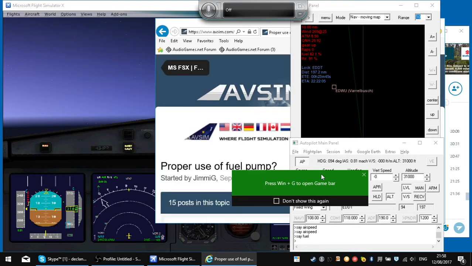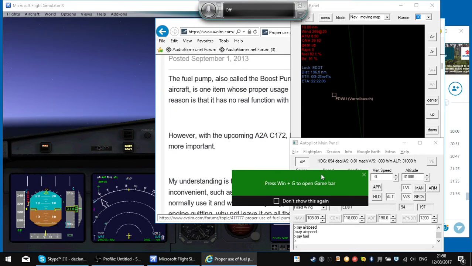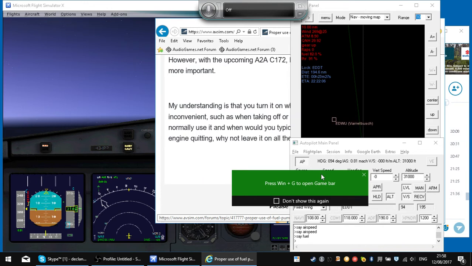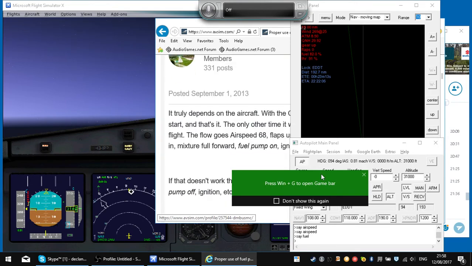MSFSX down. Main landmark proper use of fuel pump started by heading level list with 3 the fuel pump comma also called the list with 3 item out of list visited link 417 link posted September 1st the fuel pump comma also called the boost pump or emergency fuel pump in some aircraft comma is one item whose proper usage I take me completely ignored over the years dot main reason is that it has no real function with FSX aircraft dot it takes just a dummy switch dot however comma with the upcoming A2AZ 172 comma I think using it properly is going to become more important dot my understanding is that you turn it on when an engine failure would be particularly inconvenient comma such as when taking off or landing dot is this correct question when would you normally use it and when would you typically turn it off question if it reduces the chance of the engine quitting comma why not leave it on all the time question 0 please link graphic members free out of